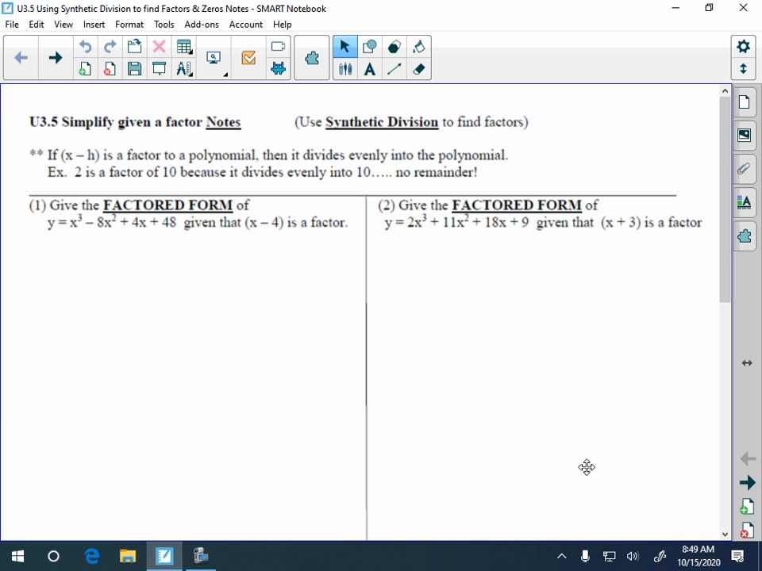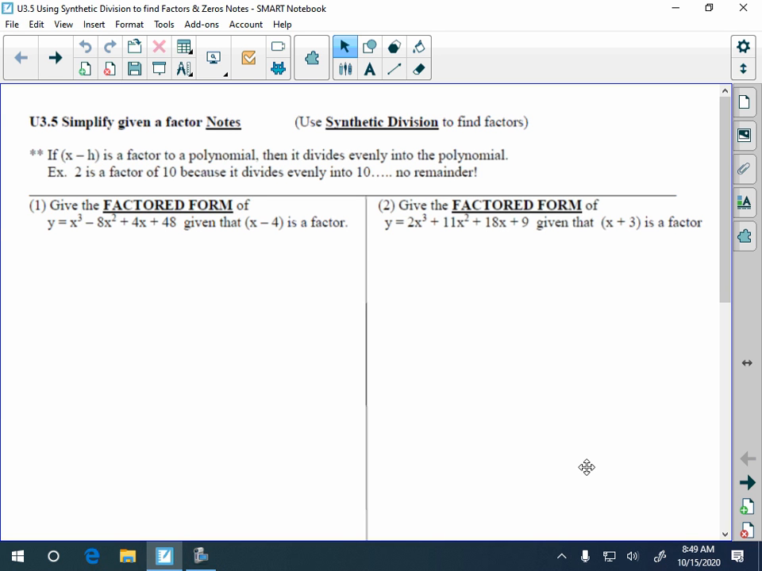All right, so if the factor x minus h, so it's a binomial, is a factor to a polynomial, then that means it divides evenly into the polynomial. All right, so when it divides evenly, that means that there's not going to be a remainder. So when we did our synthetic division and long division, if we were dividing and we got a remainder 0, that means that that binomial or whatever we were dividing into the polynomial went into it